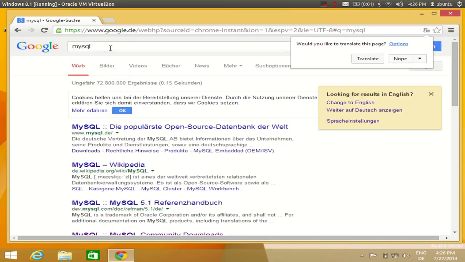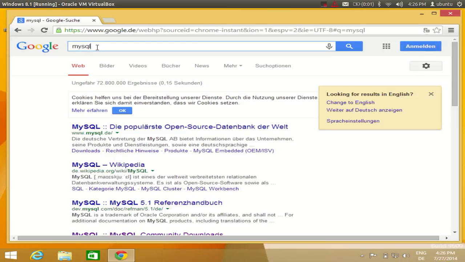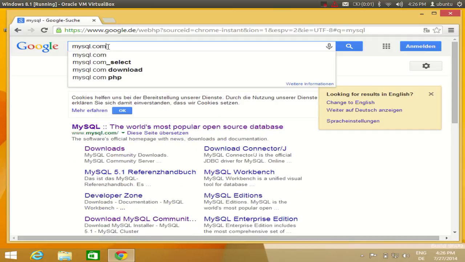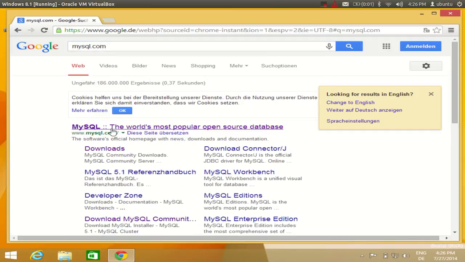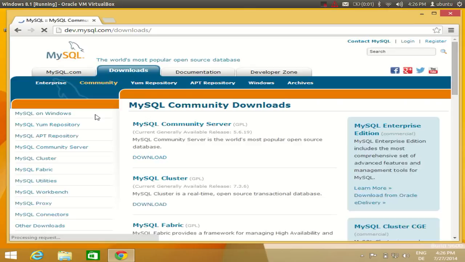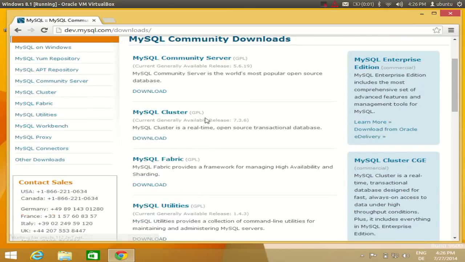Okay, and once you are in the mysql.com website, you will see some of the links related to MySQL, and you will see MySQL, the world's most popular open source database. So in here you need to click this downloads link here. Okay, so click this download link, and in here you will see different